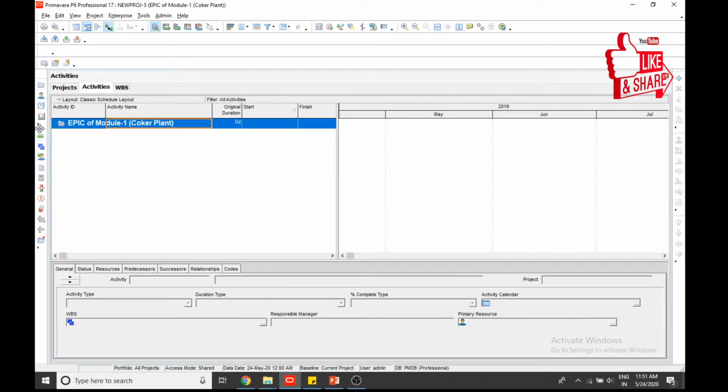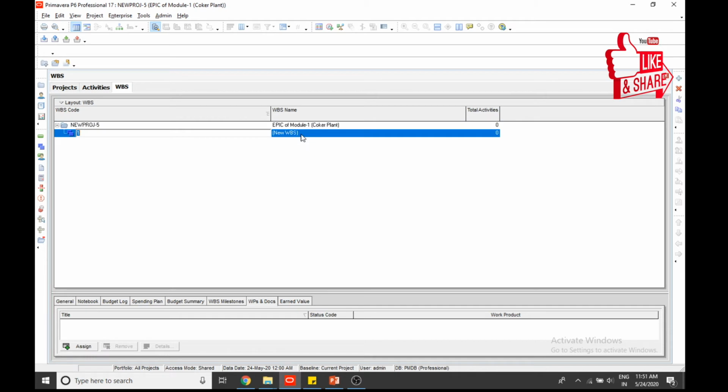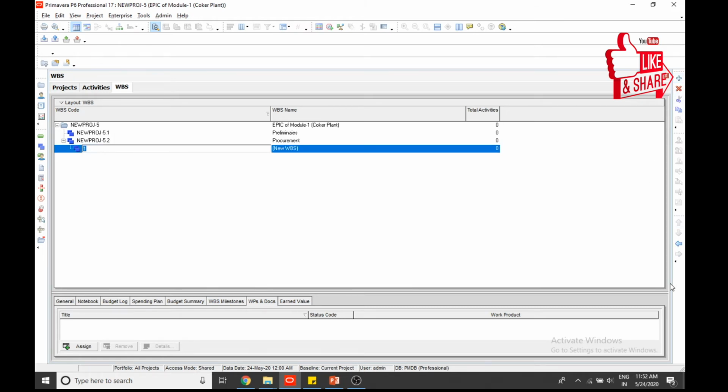To start any project, we have to add some WBS first. So we click this WBS icon and we'll make preliminaries. Okay, then second, what will be the WBS? Procurement. Then we will add another here, construction.